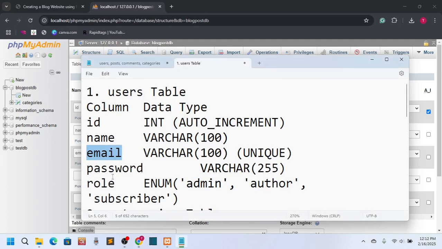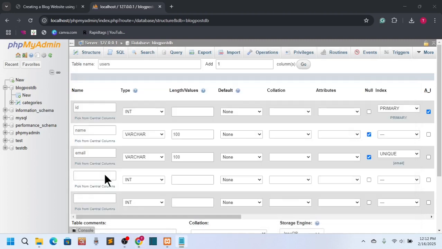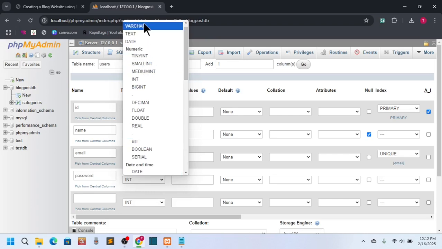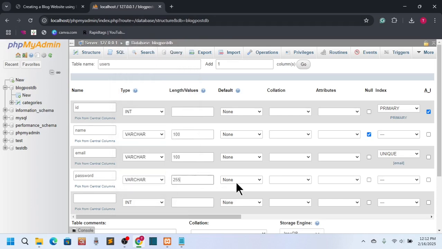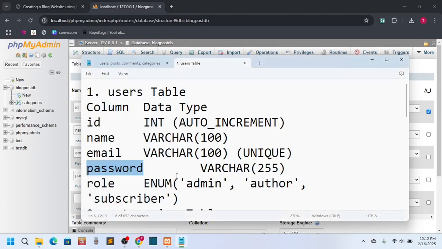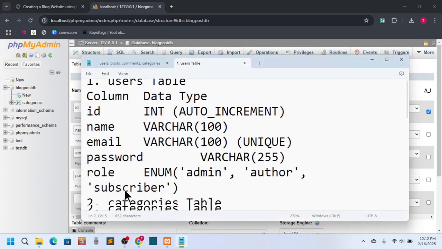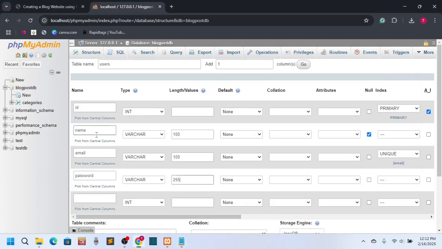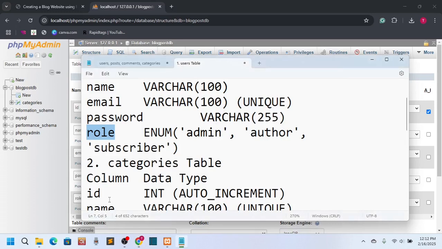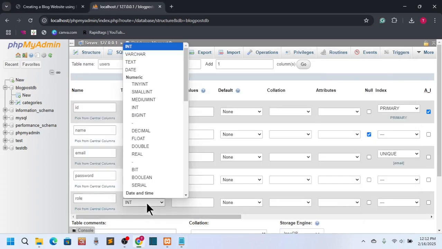And then what next? Password. So password, okay, we should use email. We cannot make it nullable, so for the password we will use varchar 255. And here everything is all right. Password can be the same, no problem. And then role, so we will say role. The last one is role. So here we just have to